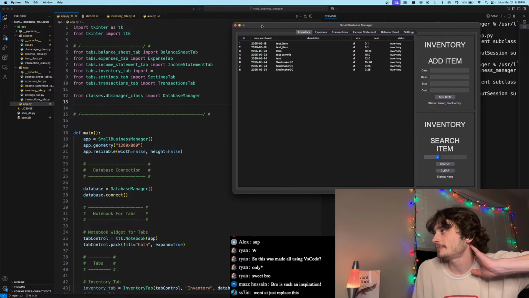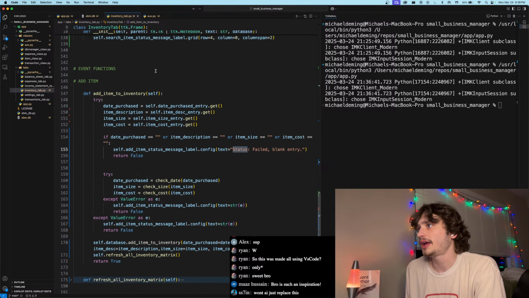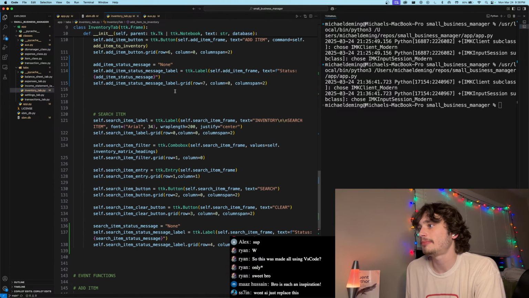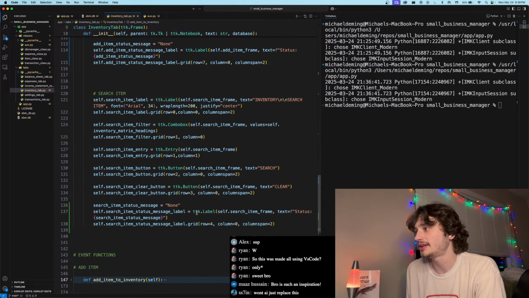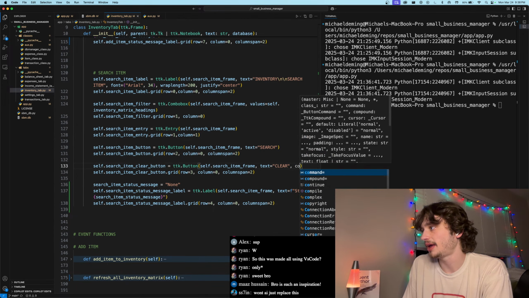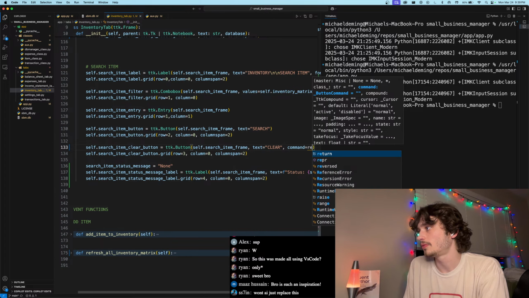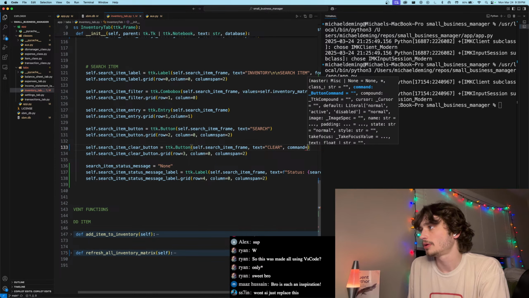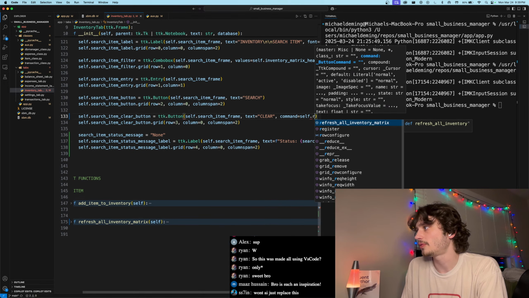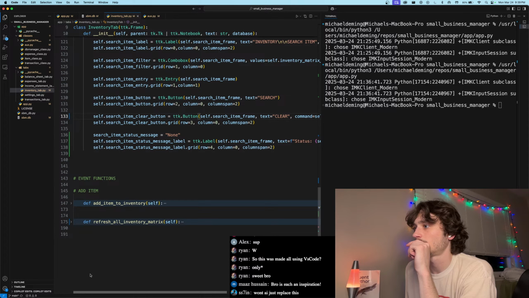So we can quickly, let's do one thing here. We can be productive. So let's go ahead and give a command to the search item button, the clear button. We're going to give this a command equal to self.refresh inventory matrix. So then